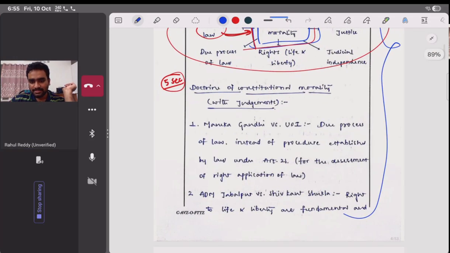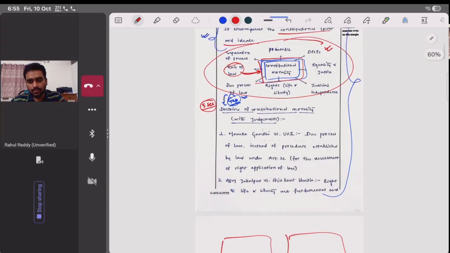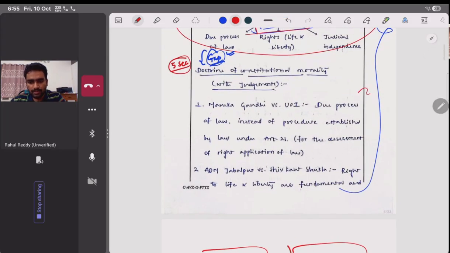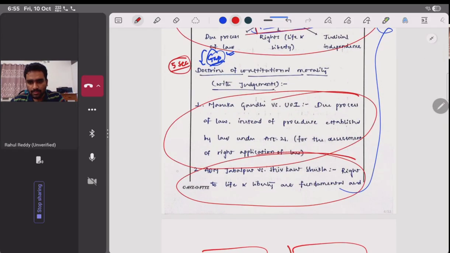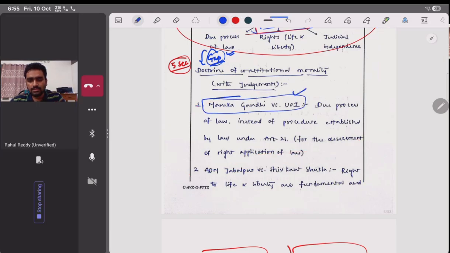Here also, it can be like this box or without box is also good enough. But you have to make some gap here so that the sub-points can be easily differentiated, where the first point has ended and the second point has started. And here also you have written many case laws. You have written Maneka Gandhi, 1980, very, very important. If you are writing something interesting, a good point,